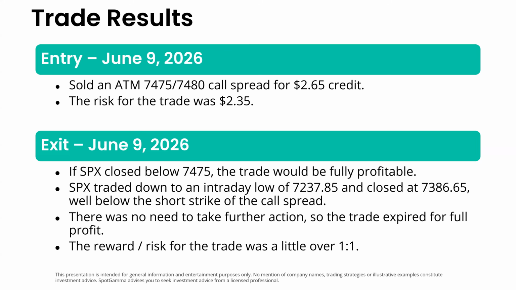Here are the trade results. Again, I sold an at-the-money 7475/7480 call spread for $2.65 credit. The risk for the trade was $2.35. If SPX closed below 7475, the trade would be fully profitable. As it turns out, SPX traded down to an intraday low of